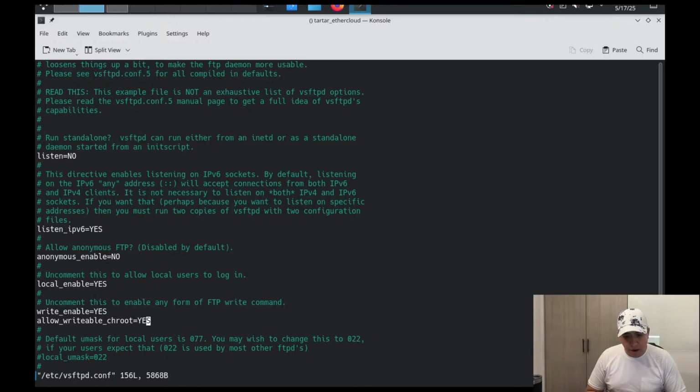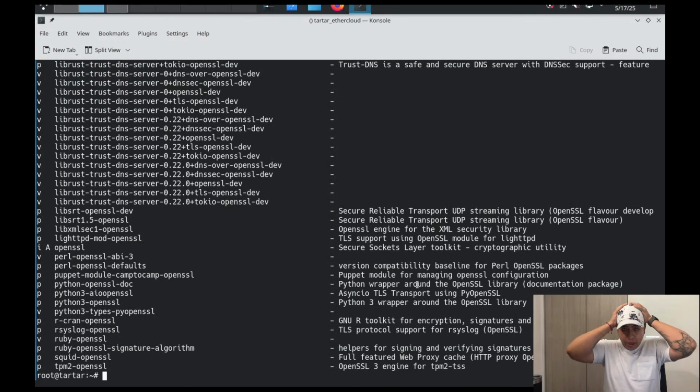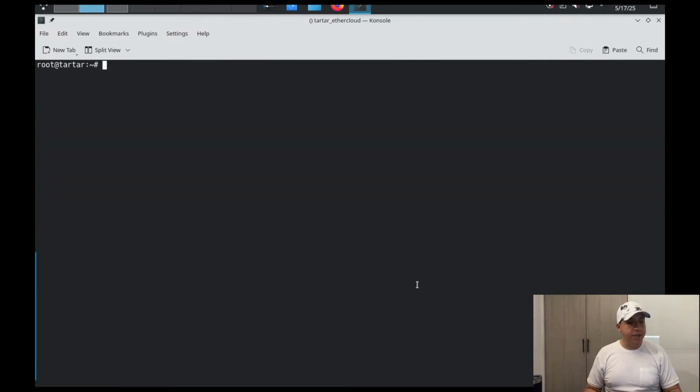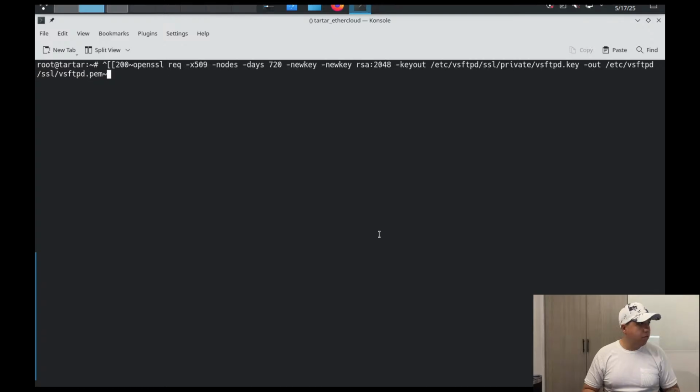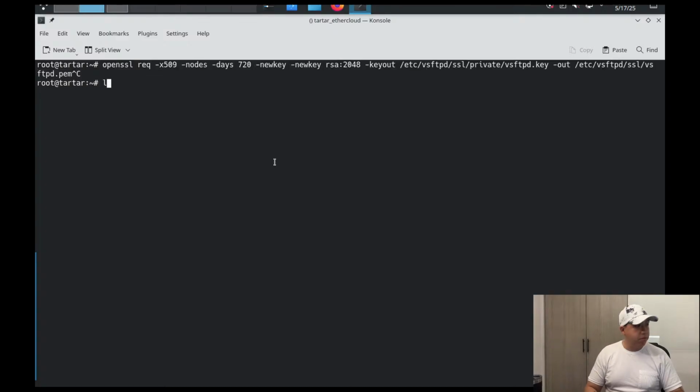First of all, I'm going to need OpenSSL, the library that is used to create this thing. Let me see if I have it installed. Yeah, I have it installed. So I need to run this command. Actually, first of all, I need to create a folder with mkdir -p in /etc/vsftpd